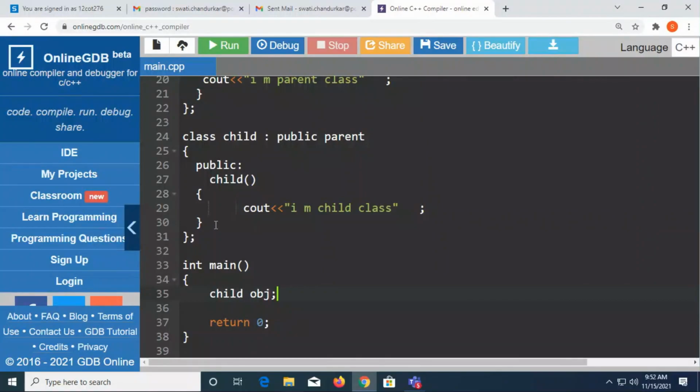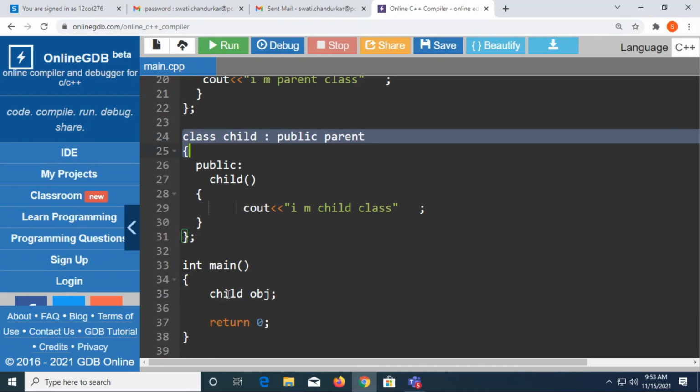Now what will happen? See, the compiler control will first come to your main. Then the compiler control will come inside this. And what is the first statement in my main? This is child obj. Now what is this child? It's a derived class, my child class. So the control will go to this because this keyword is not known to the compiler. The compiler needs to understand what this child means because this is user defined. So the compiler will search for the explicit definition of this child. So automatically from here, the control will pass on to the definition of child. Fine, this is a data type, a user-defined data type. So control is passed here.